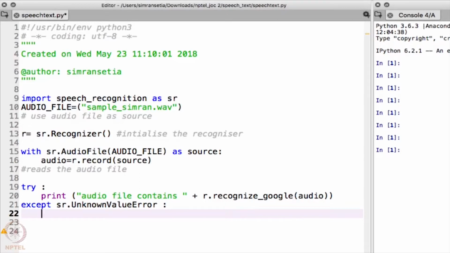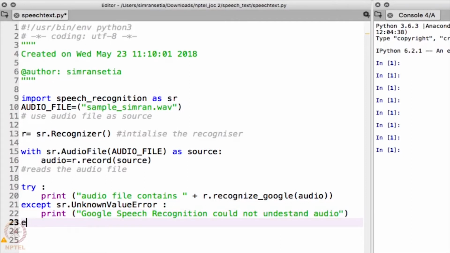You will have to raise the exception here in case your Google speech recognition module is not able to understand your audio file. So I'll write here print Google speech recognition could not understand audio.